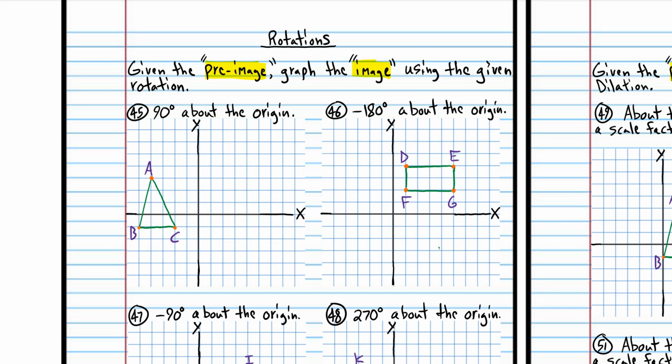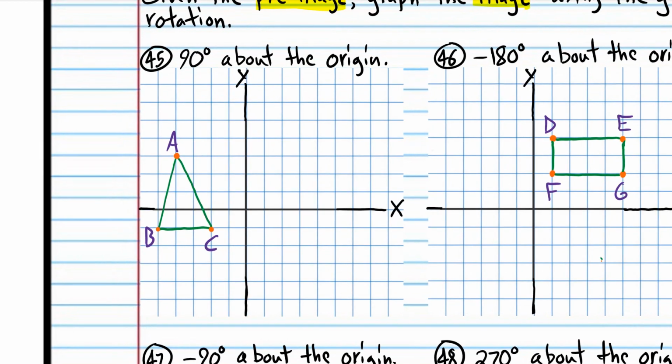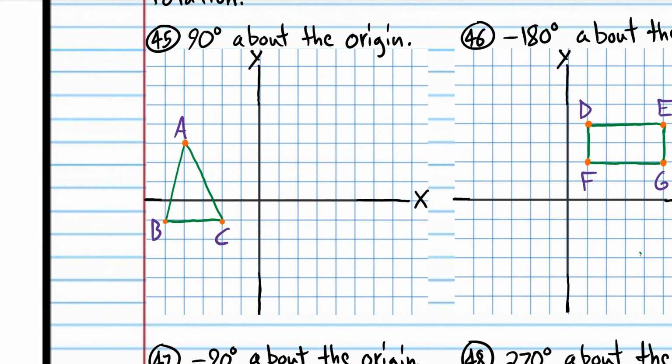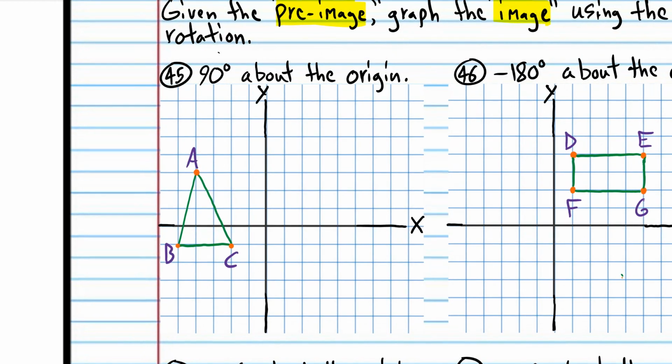We could rotate angles that are not multiples of 90, but that would be much more difficult again, so we're going to stay away from that. But let's start with number 45 here. And what you want to do is you kind of want to take this whole page and just rotate it 90 degrees. Now, it's important to understand that when you have a positive rotation, positive 90 degrees, you're